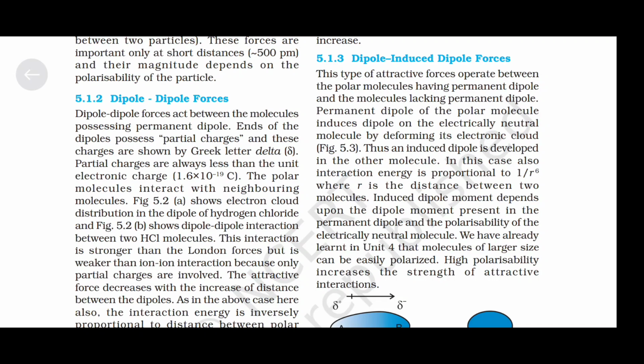Dipole-induced dipole forces. This type of attractive forces operate between the polar molecules having permanent dipole and the molecules lacking permanent dipole. Permanent dipole of the polar molecule induces dipole on the electrically neutral molecule by deforming its electronic cloud. Thus, an induced dipole is developed in the other molecule. In this case also, interaction energy is proportional to 1/r^6, where r is the distance